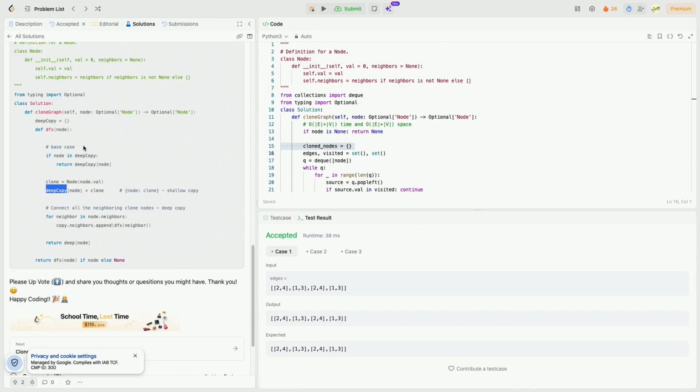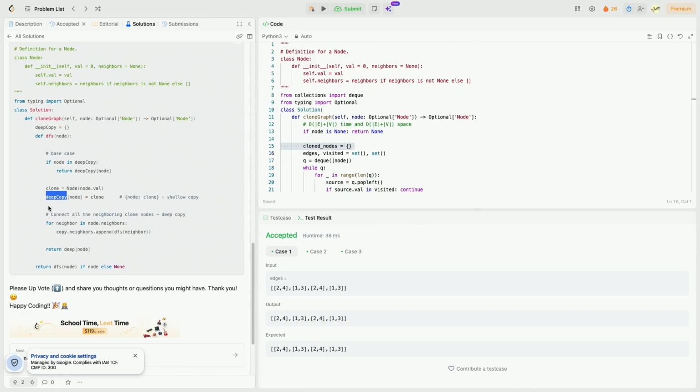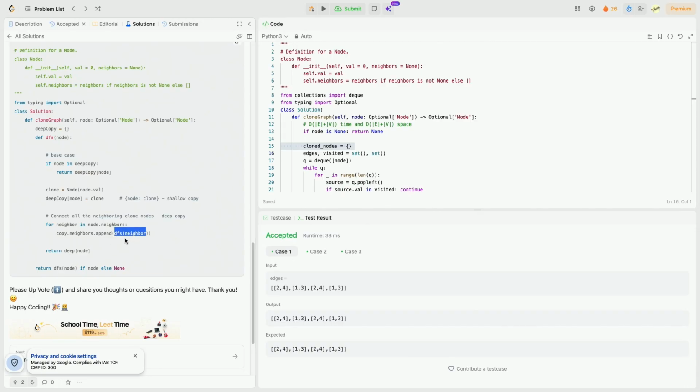So they use the original node as the lookup key for the copy, which is also not a bad idea. And connect all the neighbor and clone nodes for a deep copy. And now, oh, this is nice. So it's actually doing, yeah, that's actually a nice solution. I like that one. So what they do is basically,